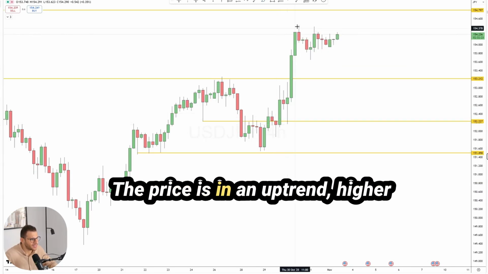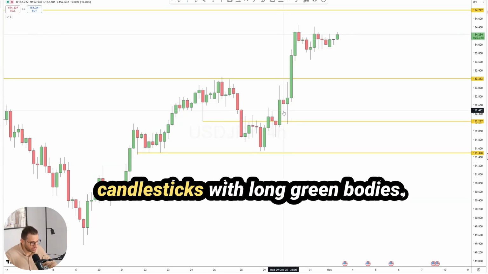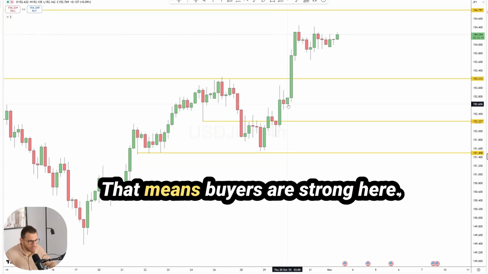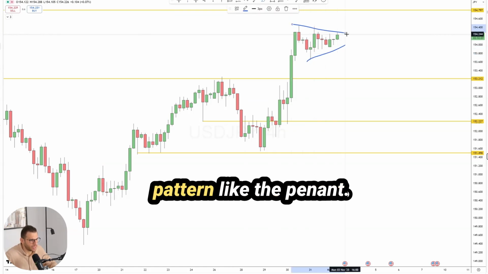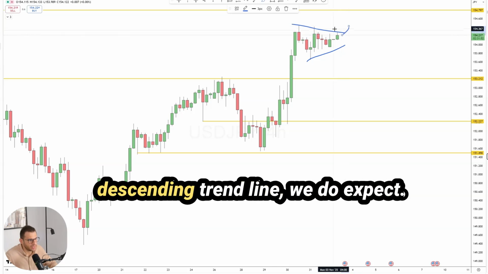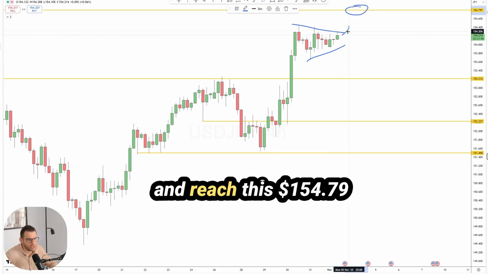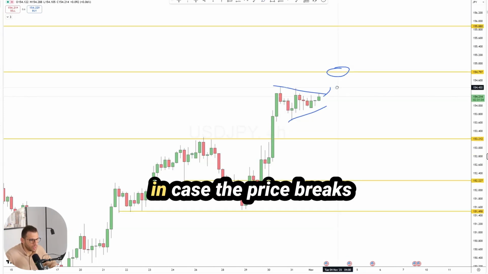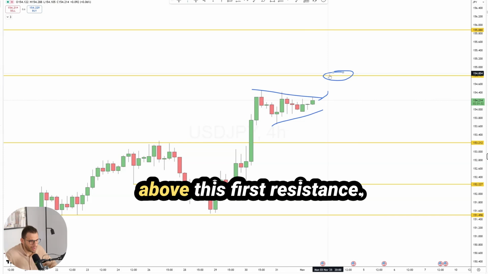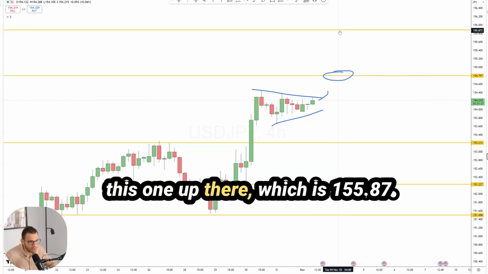US dollar versus the Japanese yen. The price is in an uptrend, higher highs, followed by long bullish candlesticks with long green bodies. That means buyers are strong here. This is a consolidation pattern like the pennant, and if the price breaks above this descending trend line, we do expect it to go all the way up and reach this 154.79. In case the price breaks above this first resistance, the next key level of resistance will be this one up there,